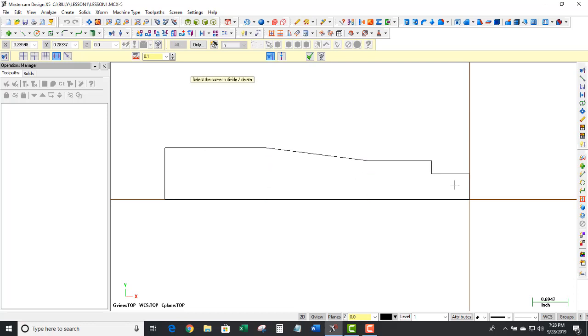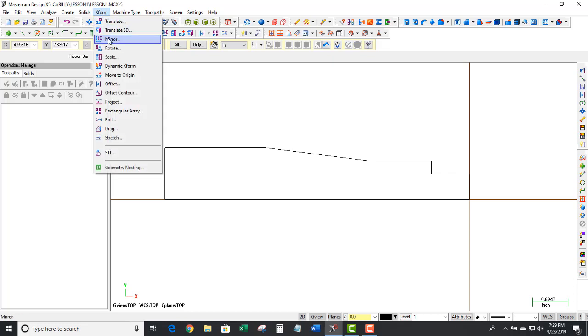So all we are left with is the shape that we want to turn, which is this diameter with this shoulder, that diameter with that taper up to the large diameter. So we click OK. So now we basically have the shape that we want to turn, and now we go and mirror